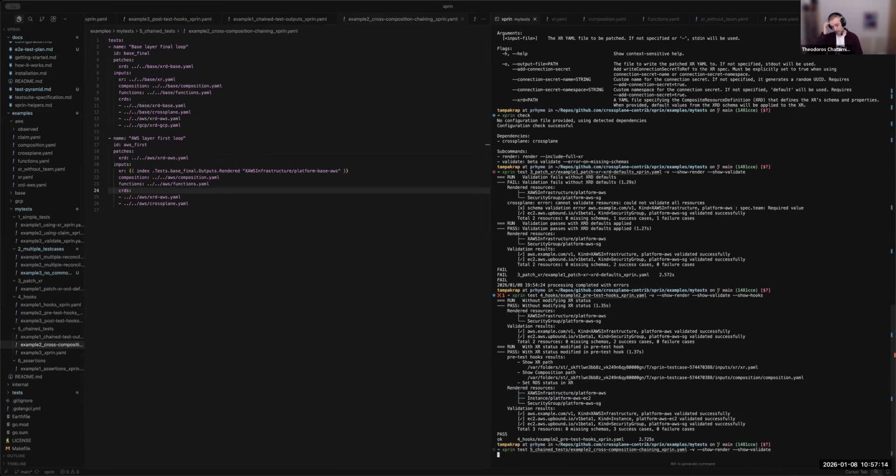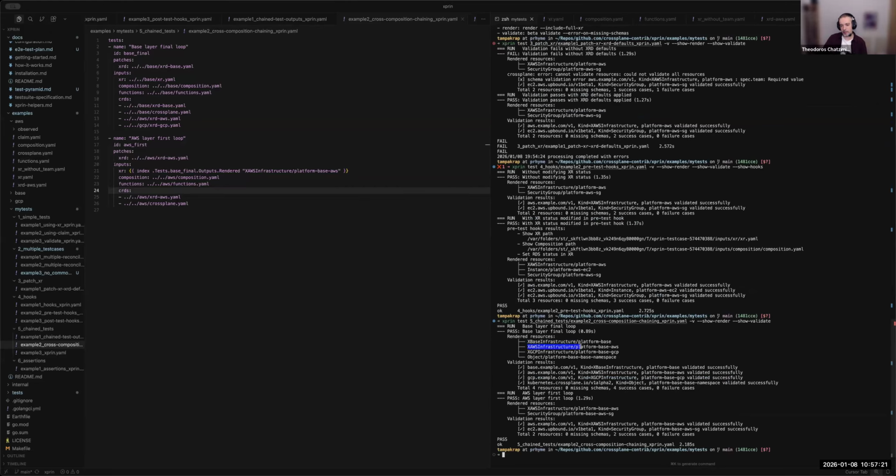So this one creates this X-base infrastructure XR, but it also creates X AWS infrastructure. And I want to make sure that this one renders fine. So in the next test, I took it from this one, and I was able to render it again and see that, yes, okay, it validated. And the last thing that I want to show you, we are running out of time, assertions.